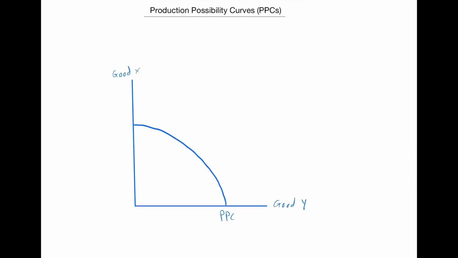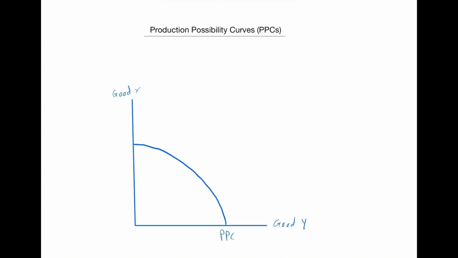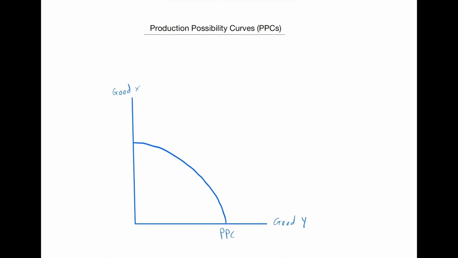In this video, I am going to be introducing you to the concept of production possibility curves. Production possibility curves can also be known as production possibility frontiers or production possibility boundaries. Okay, so let's explore production possibility curves. As I've said, they can also be called production possibility boundaries or production possibility frontiers, but they are the same